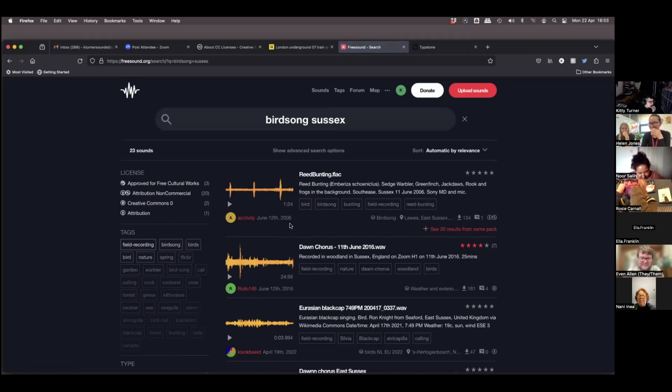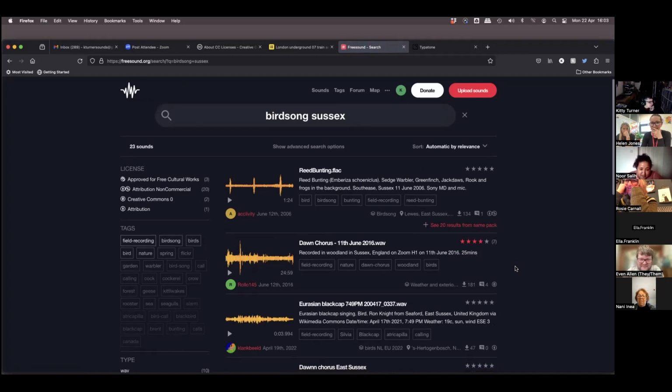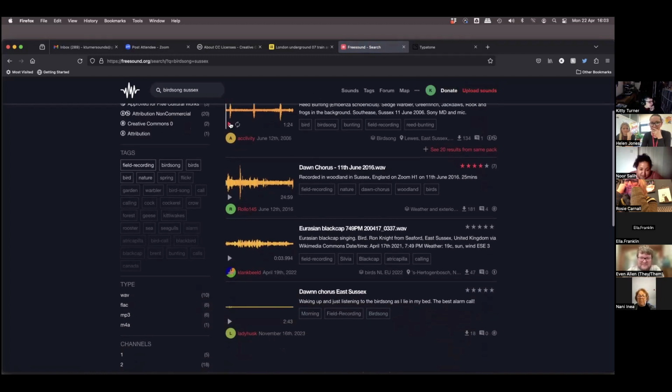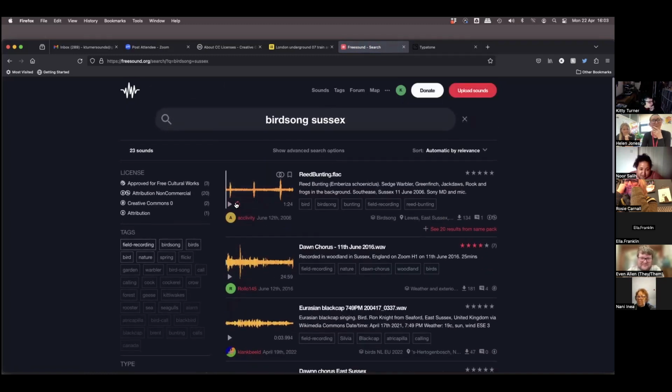So here we have, look how beautiful this website is. I love it. It's so beautifully done. So you instantly have all these search results with a little player, which actually is, the little mini player is actually within the search results. It's brilliant. So you can just go and have a tiny little look and a listen before you then go in further into the file itself.